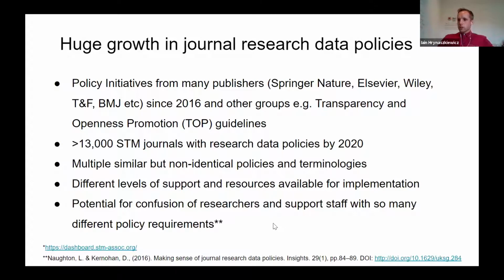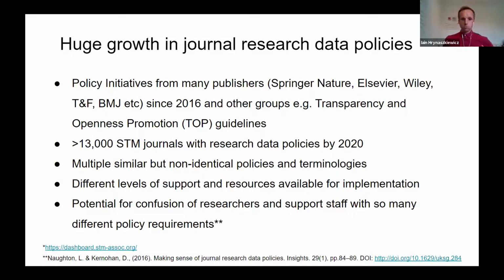And since 2014 in particular and 2016 onwards, there has been a huge growth in the number of journals, the number of publishers that have research data policies. Most of the major publishers, Springer Nature, Elsevier, Wiley, Taylor and Francis, etc., have introduced initiatives that apply usually a number of discrete different types of data policies to their thousands of journals. There have, of course, also been other initiatives not from publishers, such as the Transparency and Openness Promotion Guidelines, TOP, which we'll hear more about later. In fact, 13,000 journals or more, even just in the STM space in 2020, have some form of research data